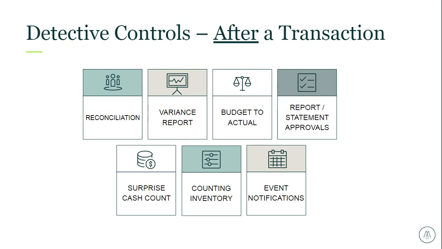A detective control is designed to locate problems after they have occurred. So once problems have been detected, management can take steps to mitigate the risk that they will occur again in the future, usually by altering the underlying process. So examples of detective controls include reconciliations, like a bank reconciliation, which can detect an unexpected withdrawal from a bank account. Other examples include variance reporting, budget to actual analysis, review and approval of various statements, surprise cash counts, and inventory counts, which can spot instances in which the actual inventory may be lower than what's stated in the GL